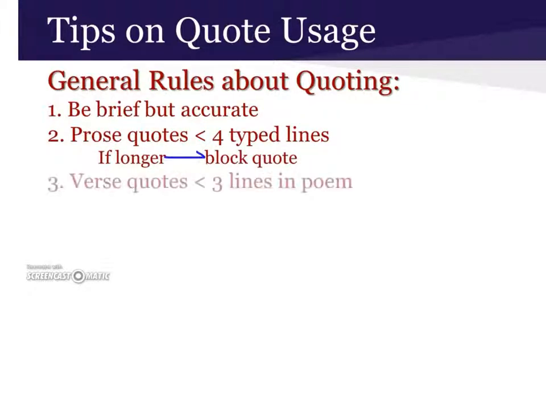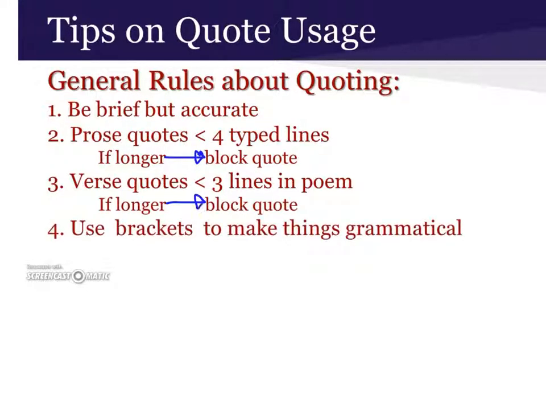A verse quote of 3 or fewer lines of verse must include slashes to indicate the end of the first couple of lines. If you quote more than 3 poetic verses, you must use a block quote. Now, when the pronouns or verbs in your quote cause your sentence to become ungrammatical, you may change the tense or voice in order to be accurate. Whenever you change something, you must put your corrected material inside square brackets while omitting the original word.